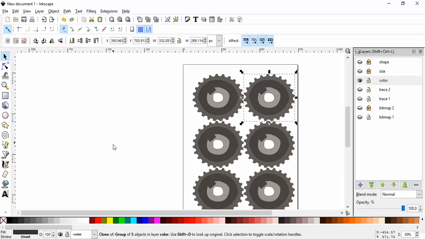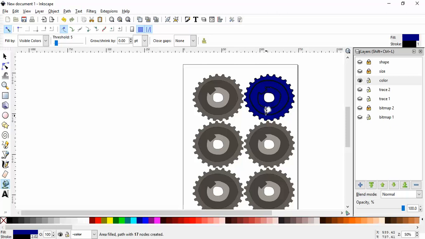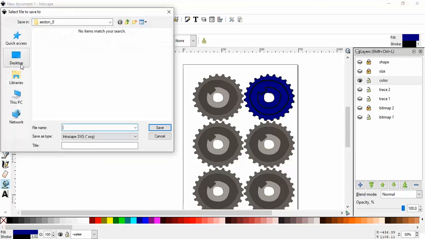It is not working. Blue. Okay, and there we have it. Once this is done, save it and submit it. I'll save it as